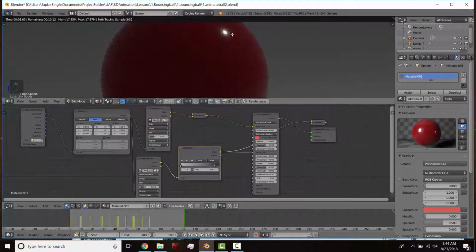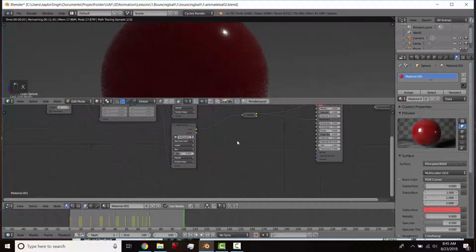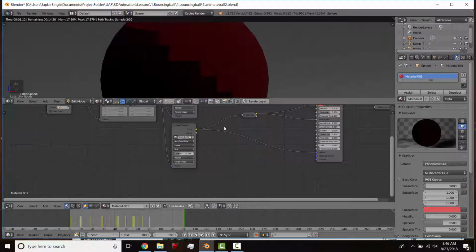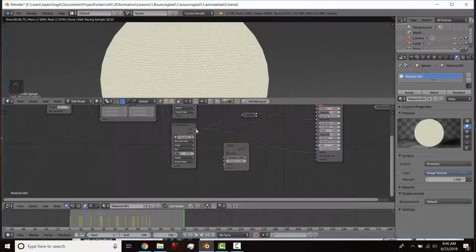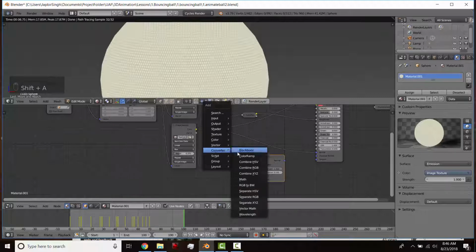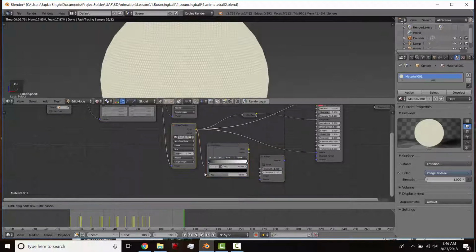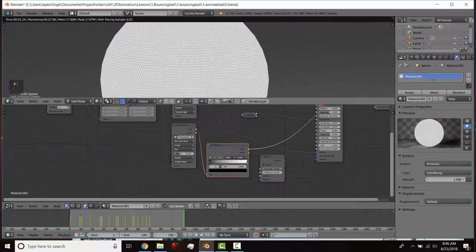So now we see some variation of roughness, but let's give it some depth now. And we can't just plug this into the normal. We need to explain how we want this to be read. Go to vector, we're going to add a bump. And we're going to add another color ramp. So converter, color ramp. We'll plug this in. The whites, the light parts, mean it'll have the highest depth. The blacks mean it'll be like a